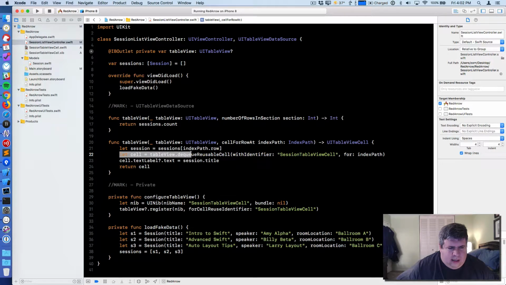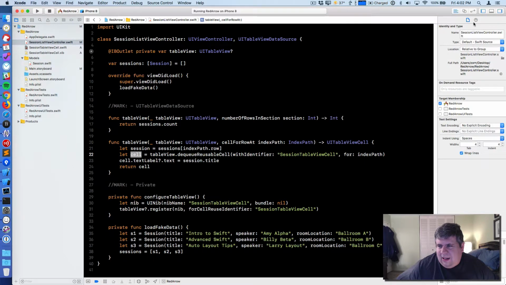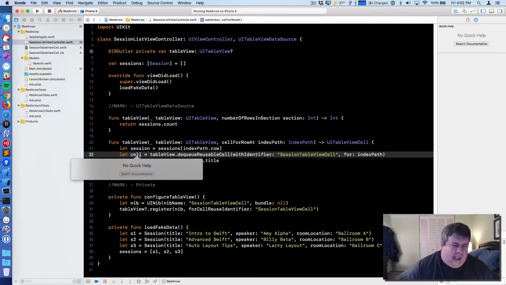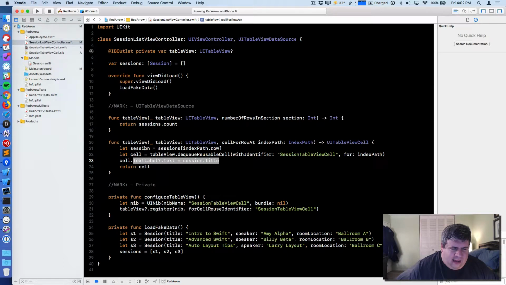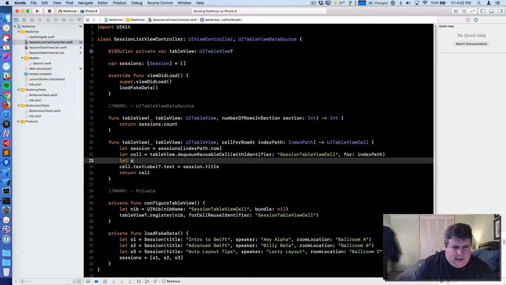So inside of table view, it's going to dequeue a reusable cell with identifier. Now the return type for this is still, I wish it wouldn't. Yeah, unfortunately, we're not getting our compiler help at the moment. It's a UITableViewCell, and so I can't add the session directly until I cast it. And so what I'll do here is I'll say let session cell equal cell as a session table view cell,